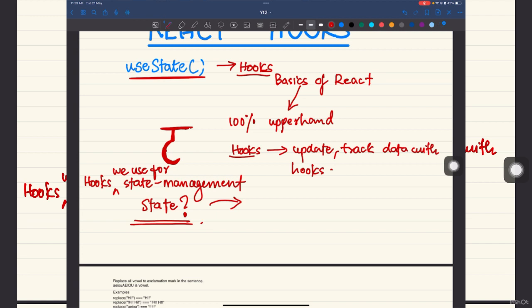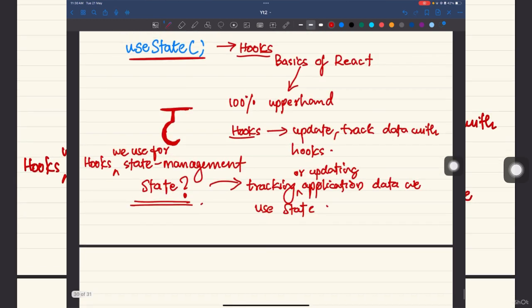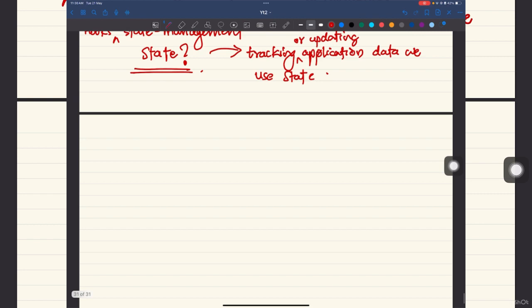For tracking application data, tracking or updating, we use state. So state, for example,